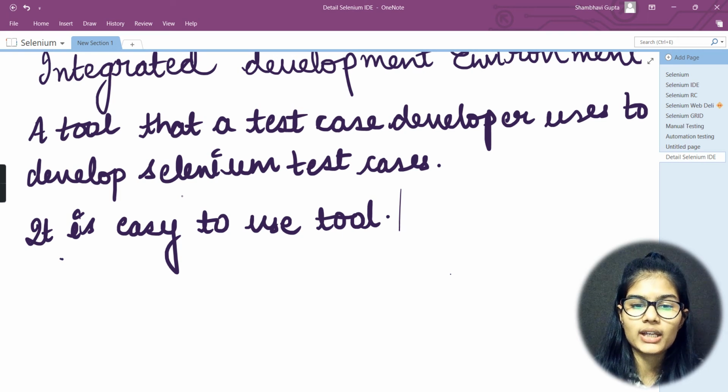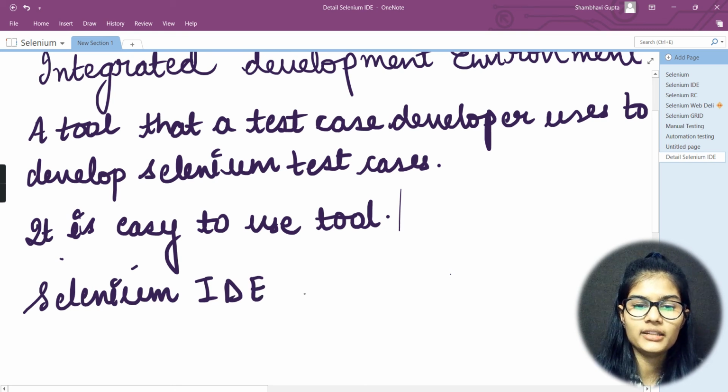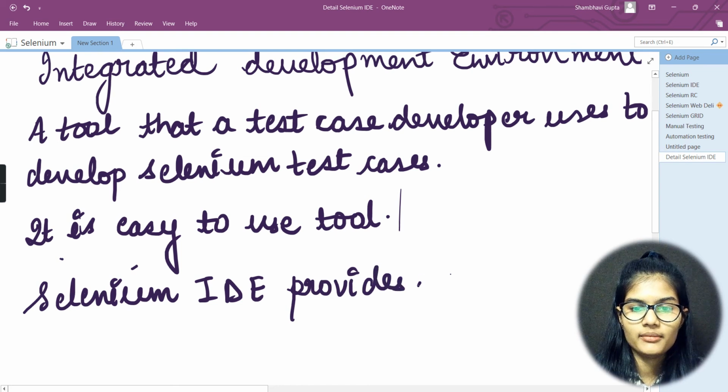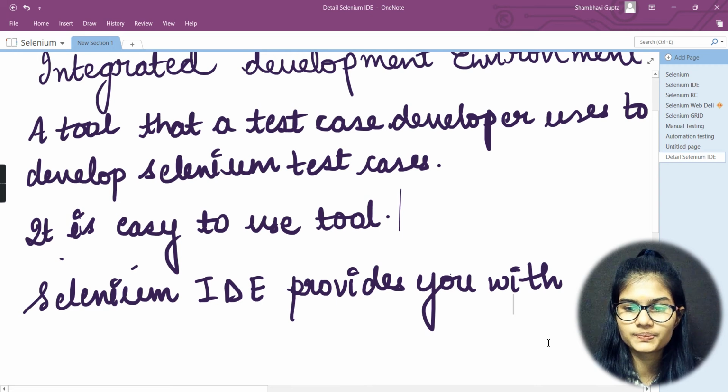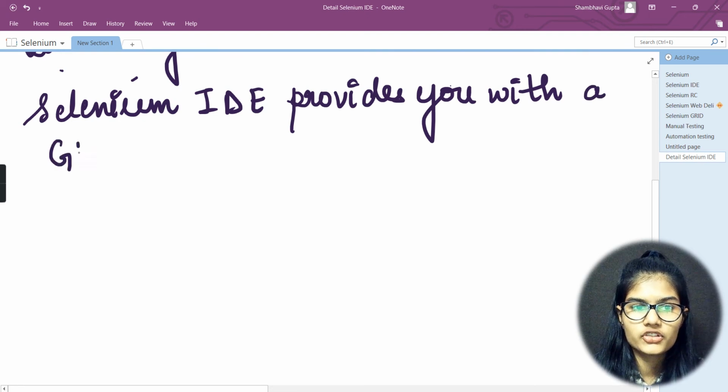Great. Then next we have what the Selenium IDE actually provides us with. Okay, I would write out that particular thing because it's important. So I would write Selenium IDE provides you with a GUI, that is the graphical user interface,